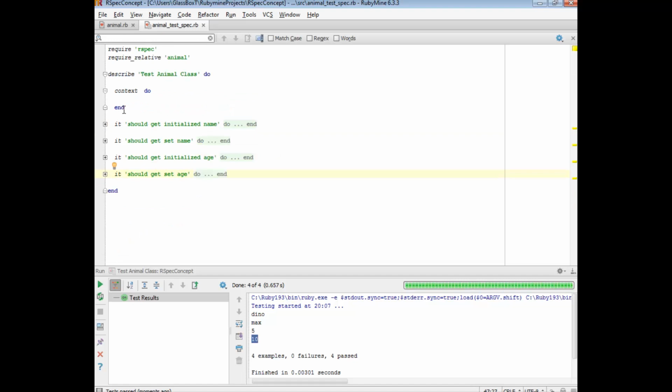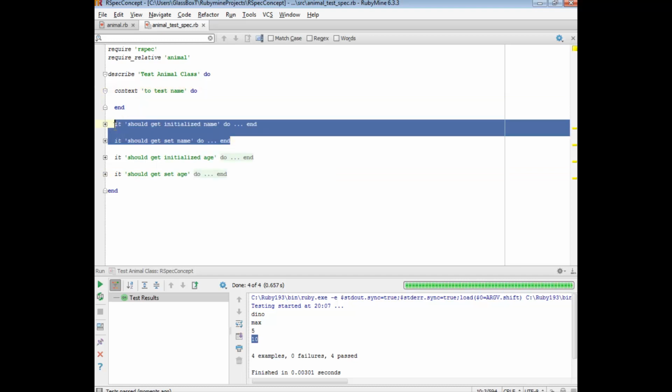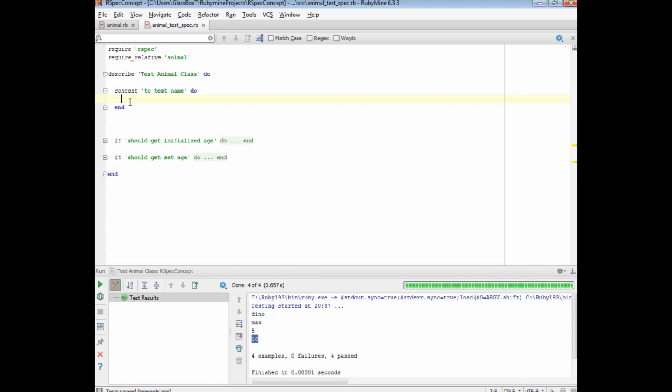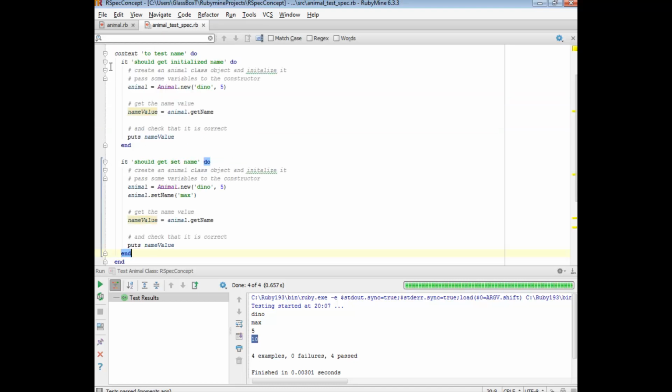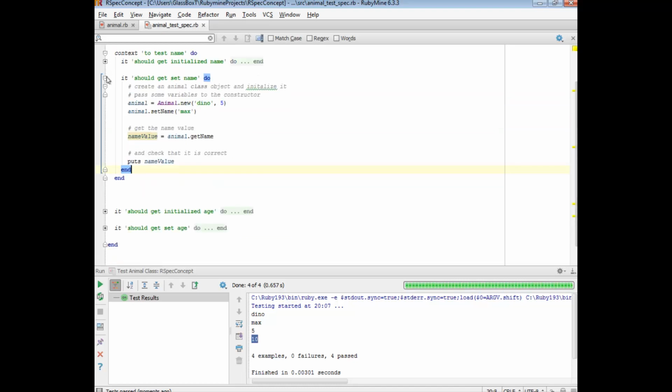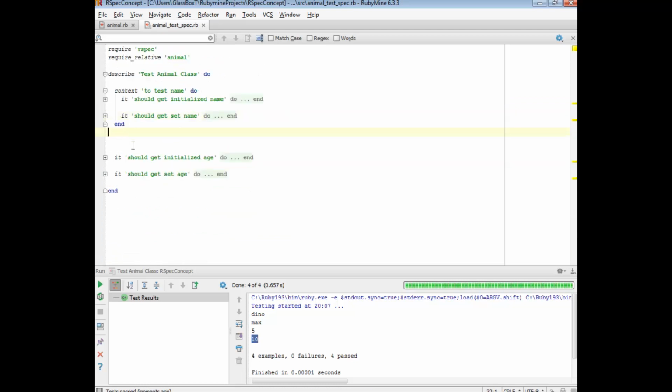So going back to this context, if you have various tests, say in this case we're testing 2 different tests for name and 2 different tests for age, and we keep on going down that track, you can eventually end up with many tests, and that will make it difficult to track. But if you have this context area where we say something like to test name, for instance, and we move those tests in from there into there, and let's just minimize those tests for the moment, and we make another one